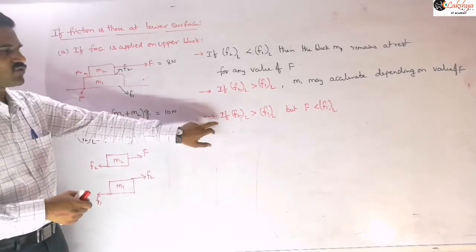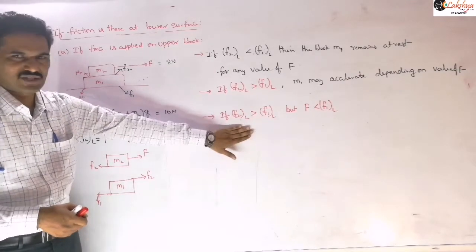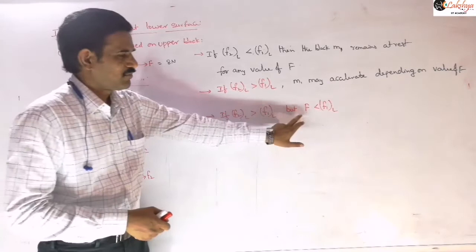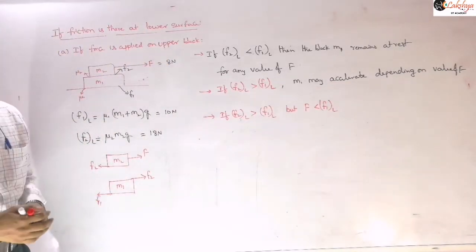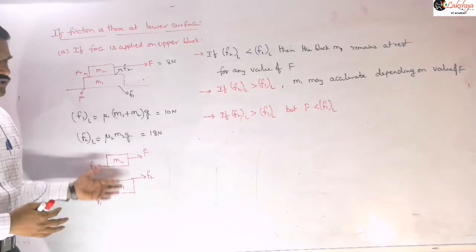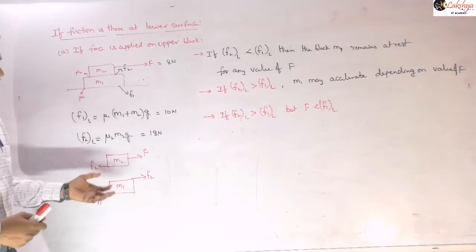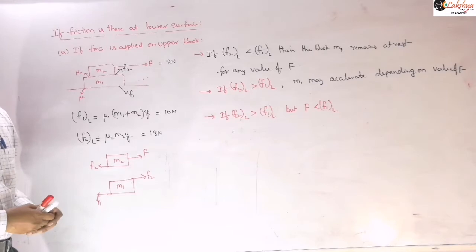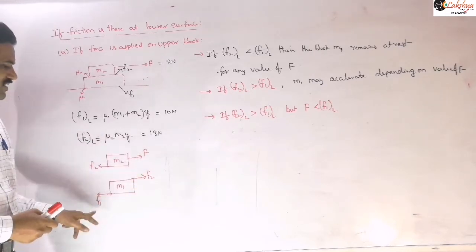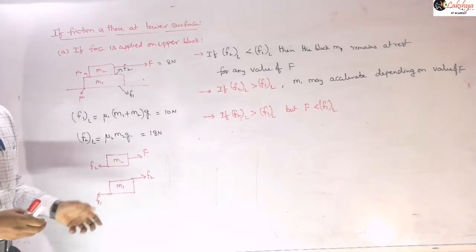Now in this point what we are concluding here is F1, the same case we are taking here. The possibility is there, but we are taking this F is less than this F limiting. So then these two blocks will remain in equilibrium, right? In order to move this lower block, to move this system, if you are taking M1 and M2 as a system, this F value must be greater than this F1 here, so that the system will start accelerating in that case.